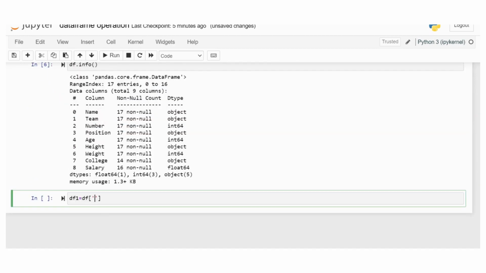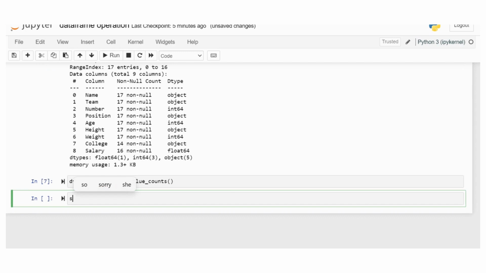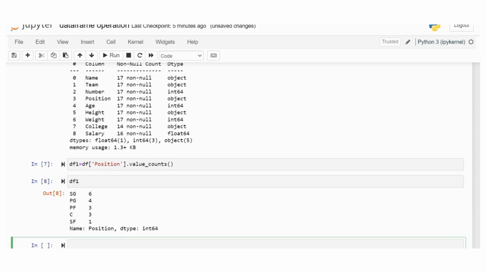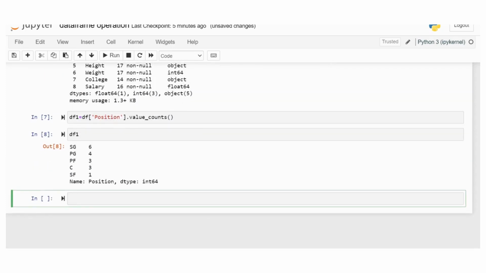The value_counts function returns the unique value counts in the position column.